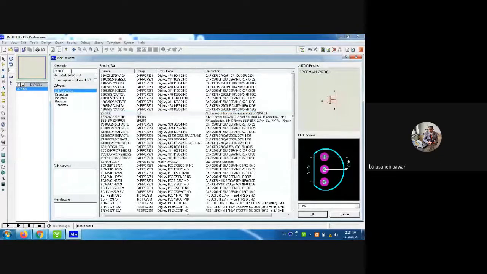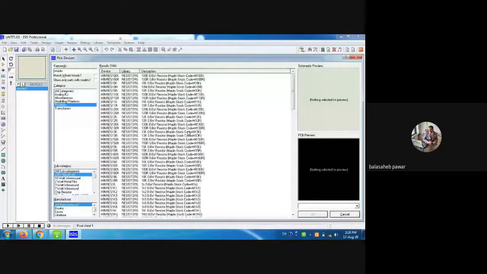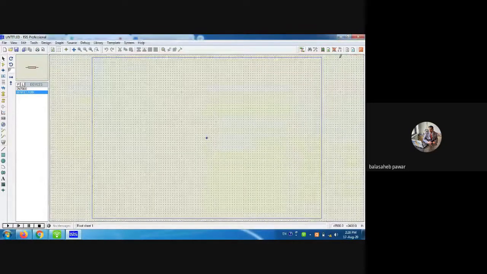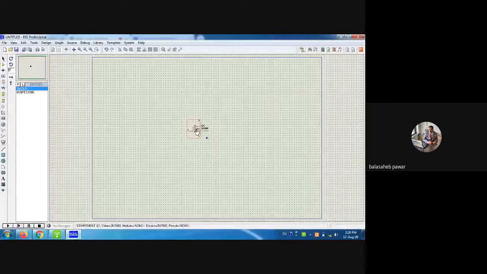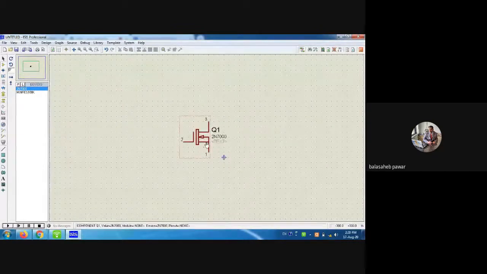Now the resistor. I will again write resistor so that that library will be available to me, and I will take any one, suppose 100K is taken, I will be able to change its properties later on. Okay, so first of all I will place that MOSFET, and whenever I rotate it, the MOSFET is as per my requirement, that is source terminal towards the ground side, gate terminal towards the left, that is acting as the input, and then I will connect that RD and all that. Is it?